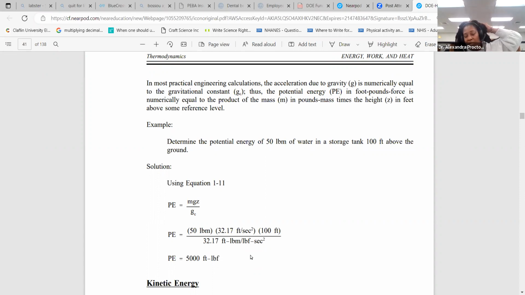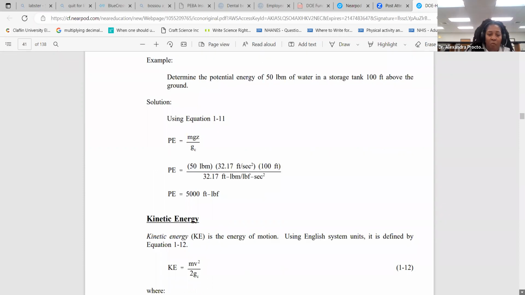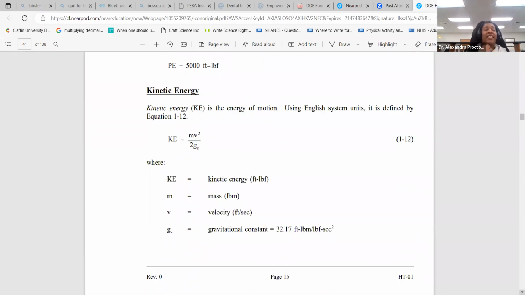So the potential energy is 5,000 foot pounds force. And then we talk about kinetic energy. So kinetic energy is the energy of motion. And in the English system of units, it is defined as kinetic energy, or KE, is equal to